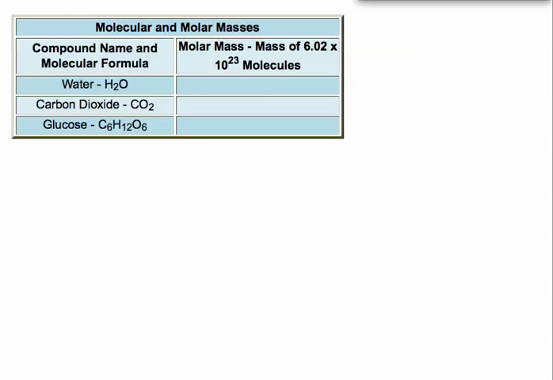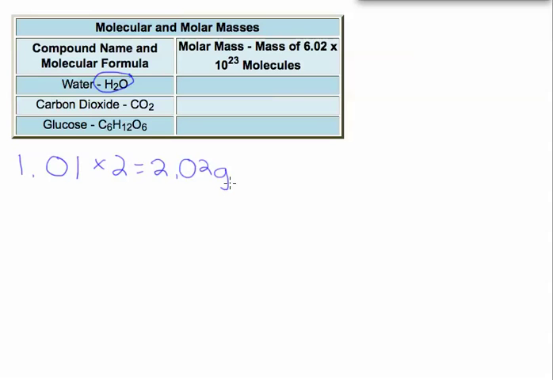So let's look at water first. This formula tells us that we have 2 hydrogen atoms and 1 oxygen atom. So we look at our periodic table for the mass of hydrogen. Remember that your molar masses are always rounded to 2 decimals. So we're going to round the mass of hydrogen to 1.01. And we have 2 of them. So there's 2.02